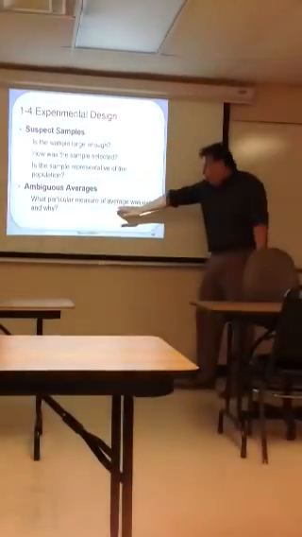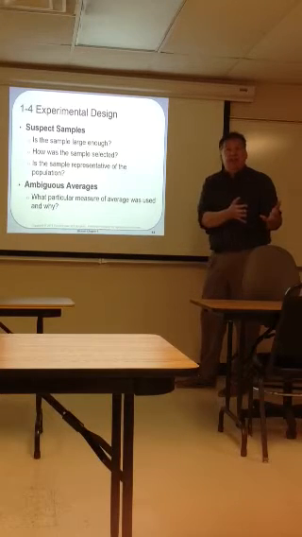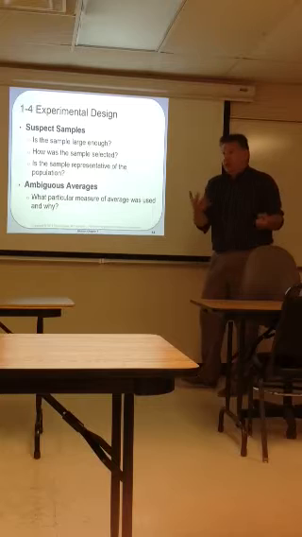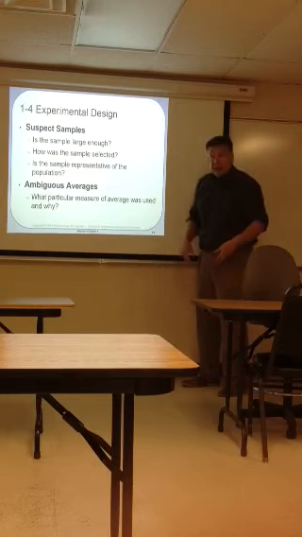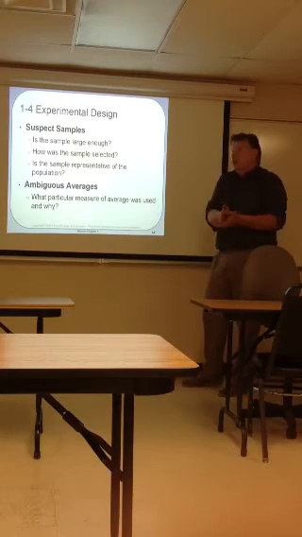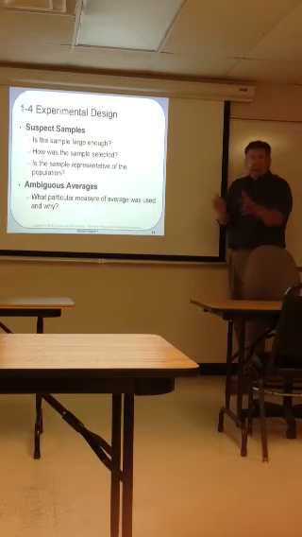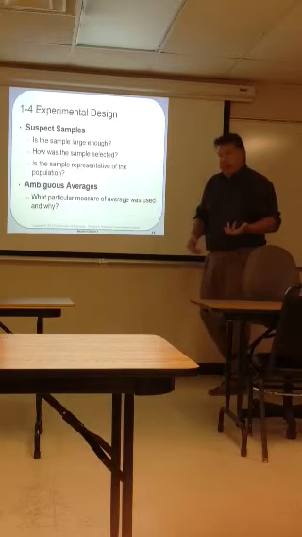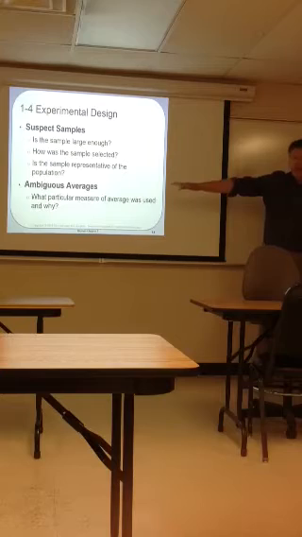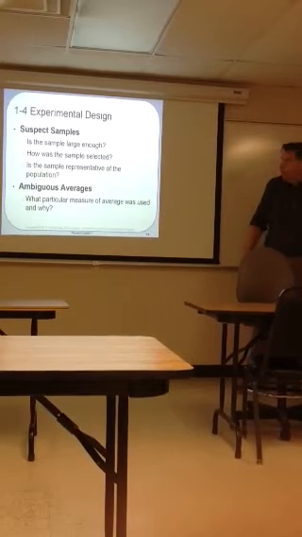So what I don't want to do now, if I have him living in town, is report the average income, because it's not going to be a clear representation of what most people make in this particular town. It would be way out of the ordinary. So I'd have to use other measures like the median, which would be the actual center of how much money everybody makes. That would be a better indication of the true average than the average if you have some really, really super rich guy like Trump move to town. So that's why we have ambiguous averages. We can manipulate those, and we got to be very careful when we report averages.